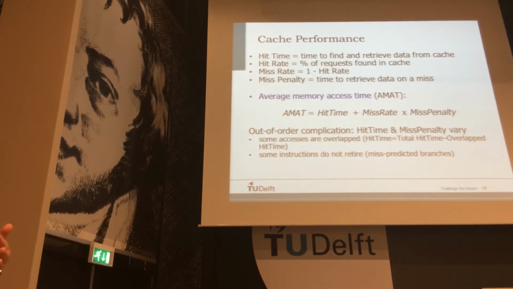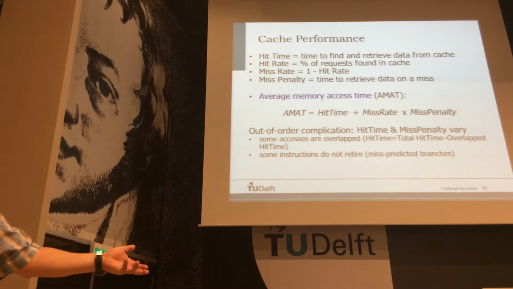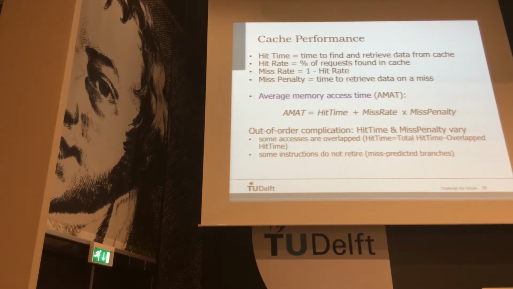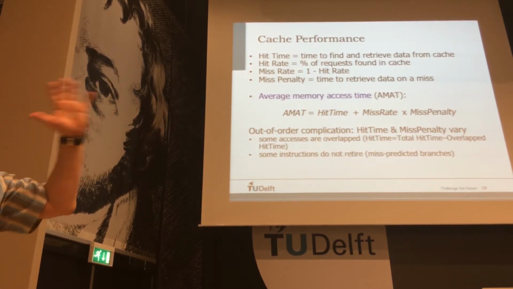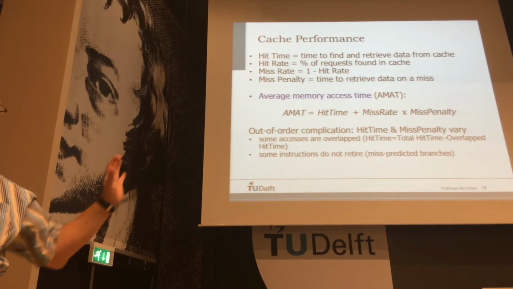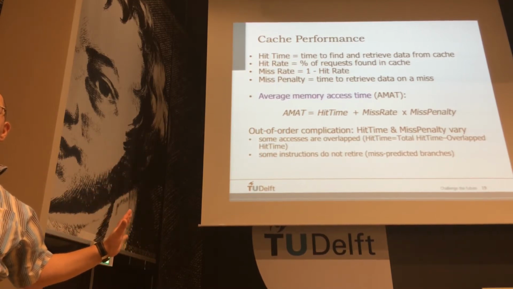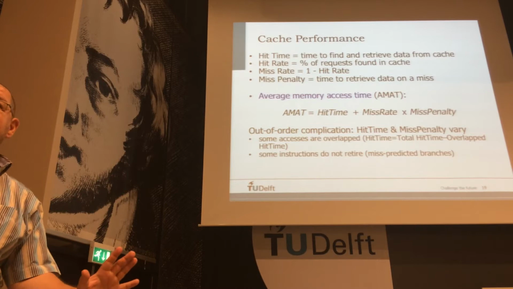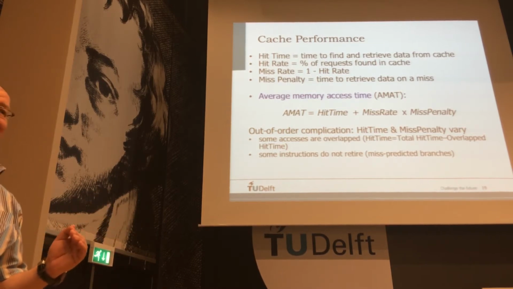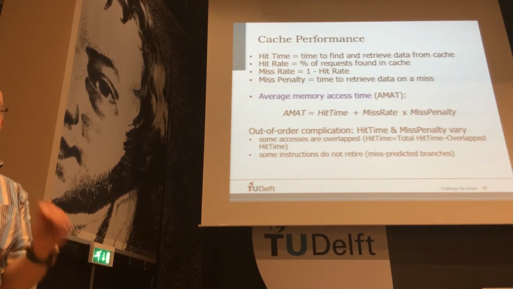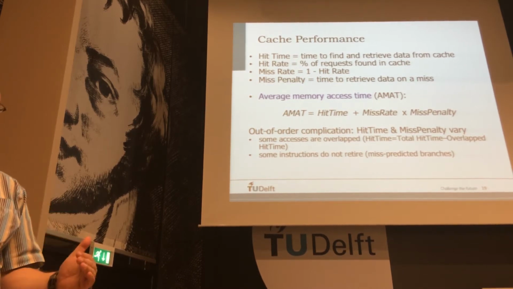Because sometimes an access will cost me 1 cycle, other times an access will cost me a lot more. And the way we evaluate the performance is by looking at what is called the average memory access time. When I speak about average, I already know the system is unpredictable. Then when I deal with real-time systems, I already have a problem, because due to the unpredictability, I have to do things differently in order to guarantee deadlines.